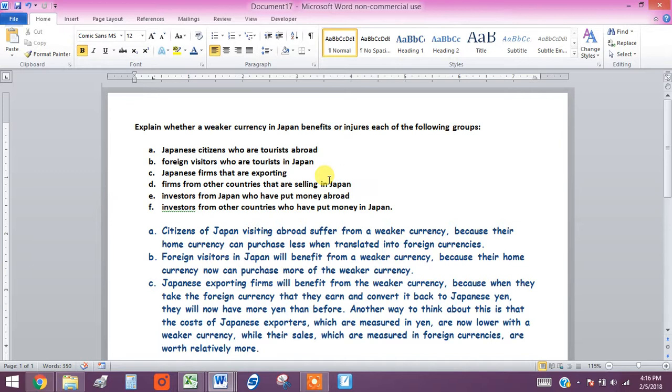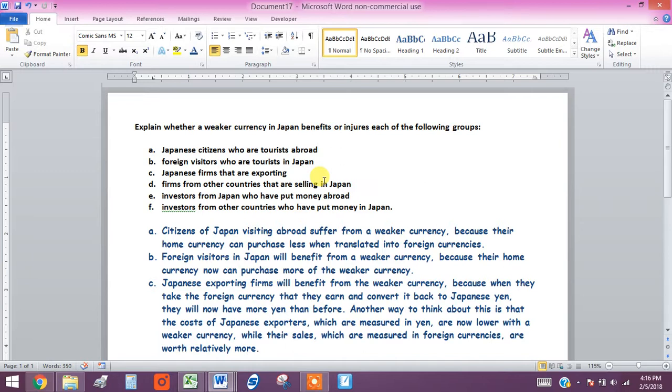Okay, let's do one more, and then I'm going to let you guys figure out D, E, and F on your own, just by what you would know. And once again, if you watch all those con videos, they're very, very helpful in understanding the currencies and exchange rates in the world. So anyway, C, Japanese firms that are exporting, so firms in Japan that are selling their